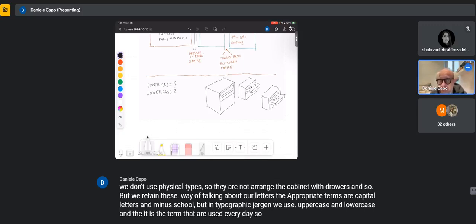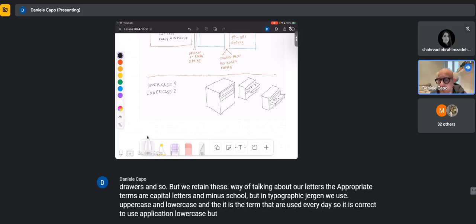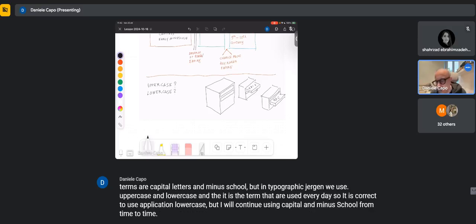So it is correct to use uppercase and lowercase, but I will continue using capital and minuscule from time to time,